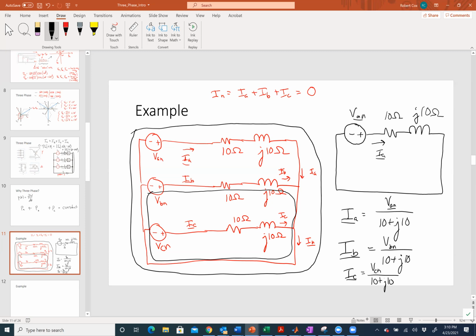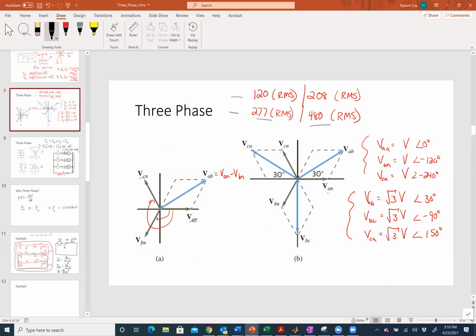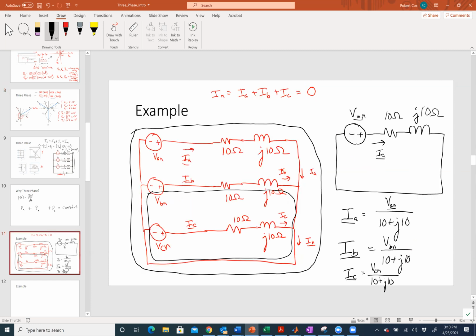Now, without thinking too much, what's true about the magnitude of each of those currents? They're all whatever the magnitude of IA is. That's right, because the magnitudes of the voltages are all the same. VAN, VBN, VCN all have the same magnitude, so the magnitude of the current in each phase is also the same. That's key. Looking at those three results, VAN divided by an impedance, VBN divided by the same impedance, VCN divided by the same impedance,